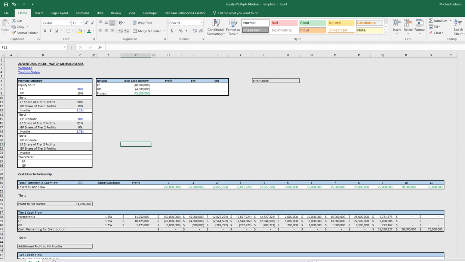All right, so now we're going to do the same thing we did for tier 2 that we did in tier 1. We're going to create the additional, this time it's the additional profit to hit the hurdle because we already have some profit that's come out in tier 1. So let's build this formula. So equals negative profit, so negative times, or negative, the negative of the negative is a positive, times our new hurdle rate